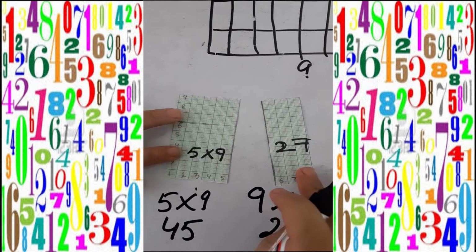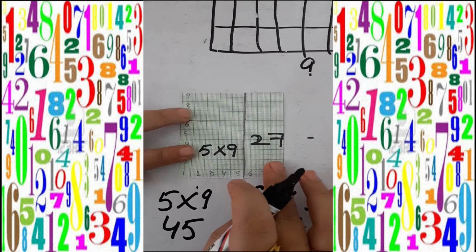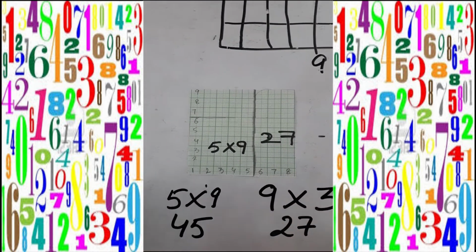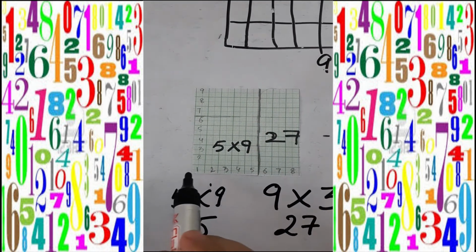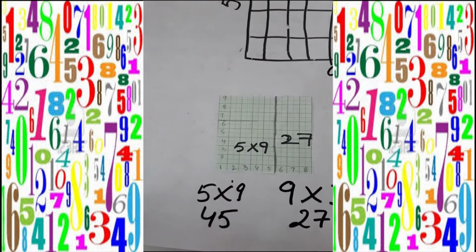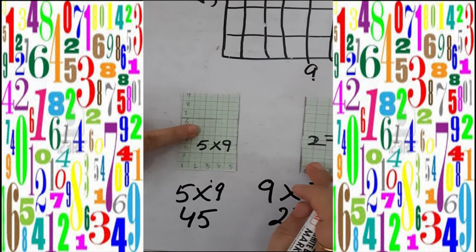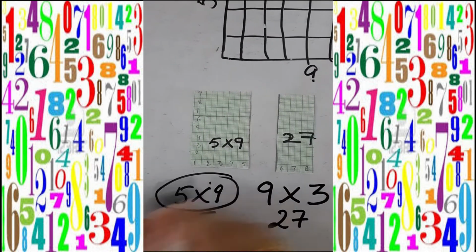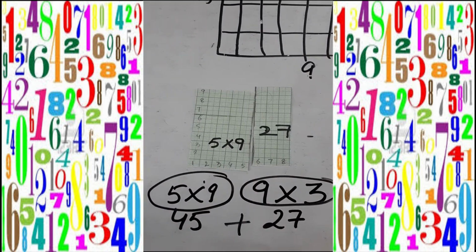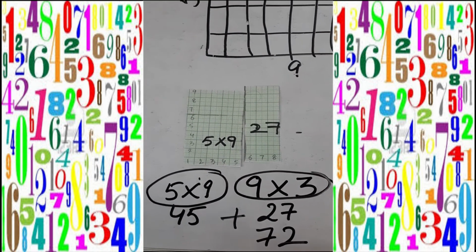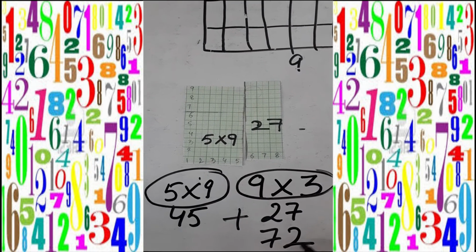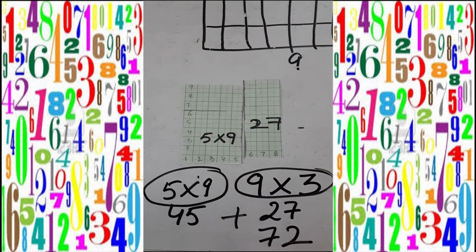So when we were doing it collectively, when it was a full piece without cutting, it was 9 8s. 9 8s was 72. Earlier I had 72 blocks. When I have cut it into two portions of 5 into 9 and 9 into 3 and again I am going to join it, I will get back 72. As you can see here, 45 plus 27 will give you 72. So what is it? It is distributive property.